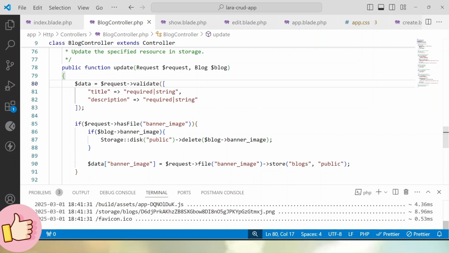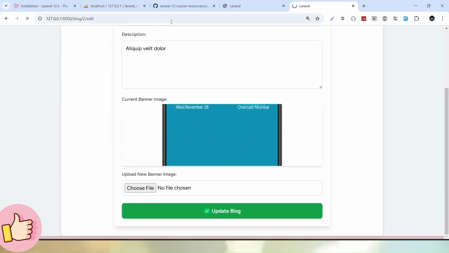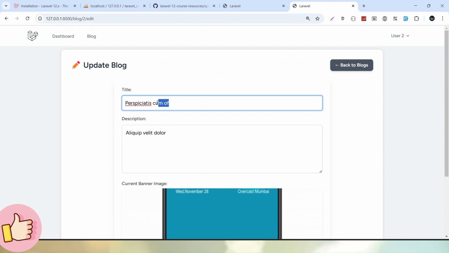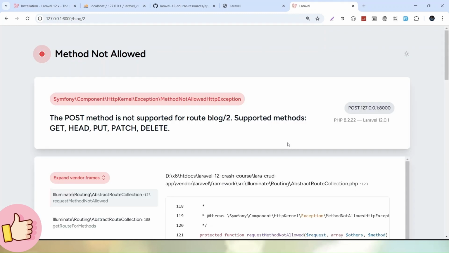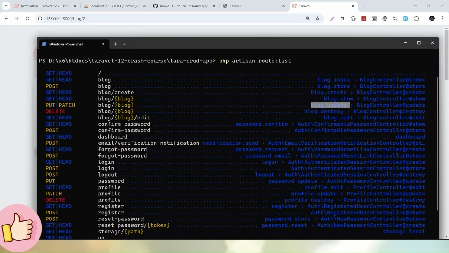Save these changes. So if I go back to the browser, let's reload. For example, I want to update this title. Let's say updated blog title. I want to go with the old image. Click on the update blog button. And here we have some error, that is, the POST method is not supported. Okay, I got this error, and it is because the method we are hitting is using